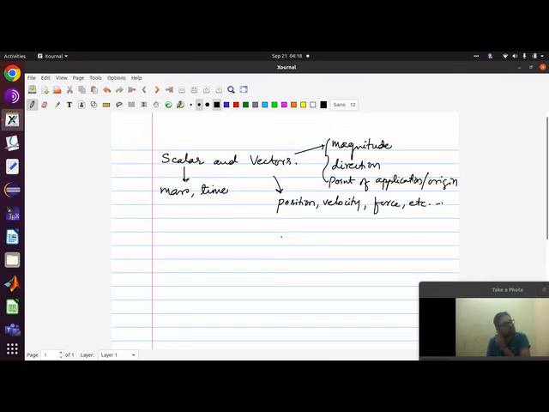So a vector has three quantities in order for a vector to be completely specified. Magnitude, direction, and point of application or origin need to be known. So now